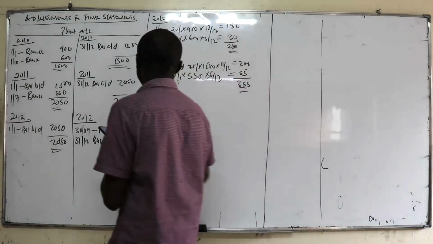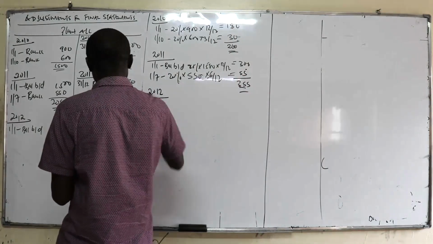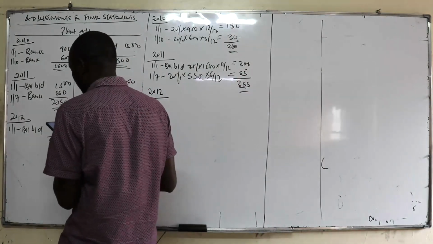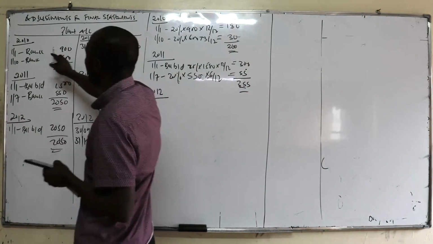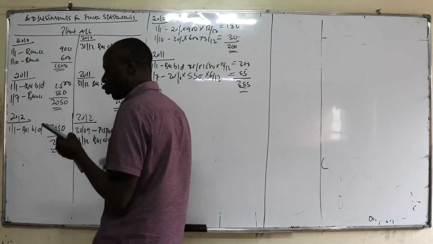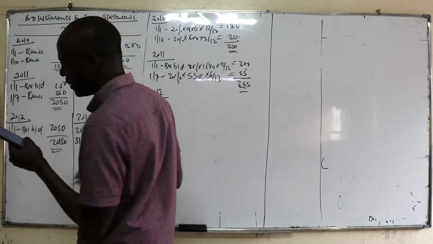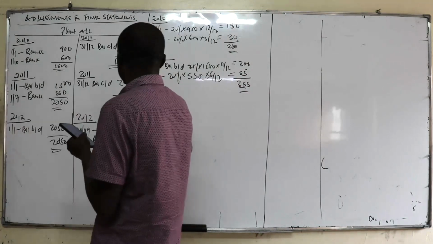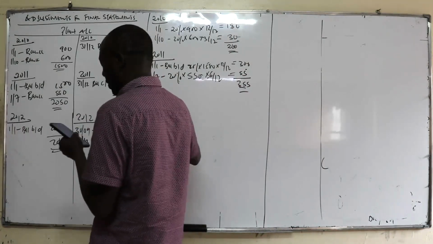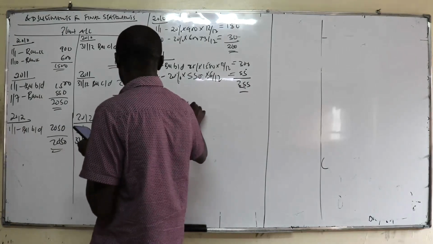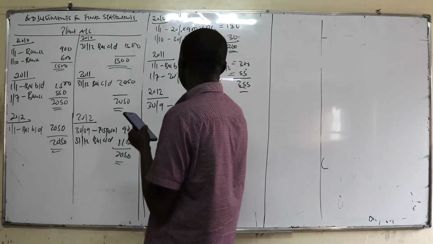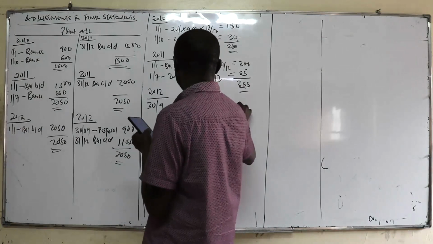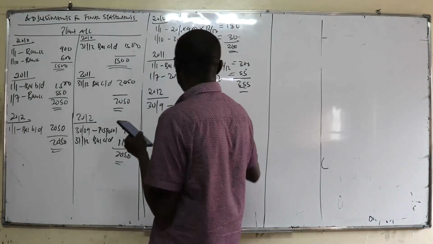Then we have 2012. So this asset that was acquired in January, it was only used for 9 months that year, isn't it? Right here, 30th of September. So there's 20 out of 100 times 900. That one is 9 out of 12. It was only used for 9 months. That one is going to give us